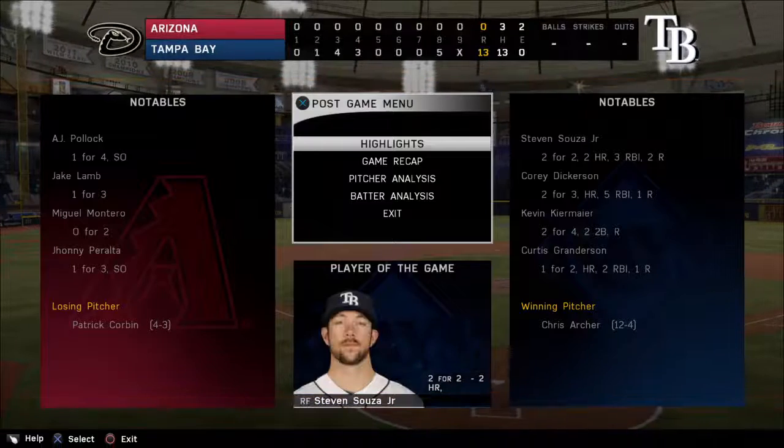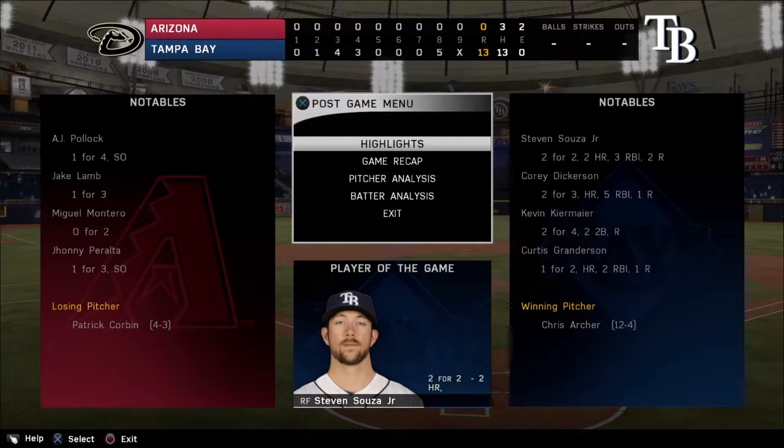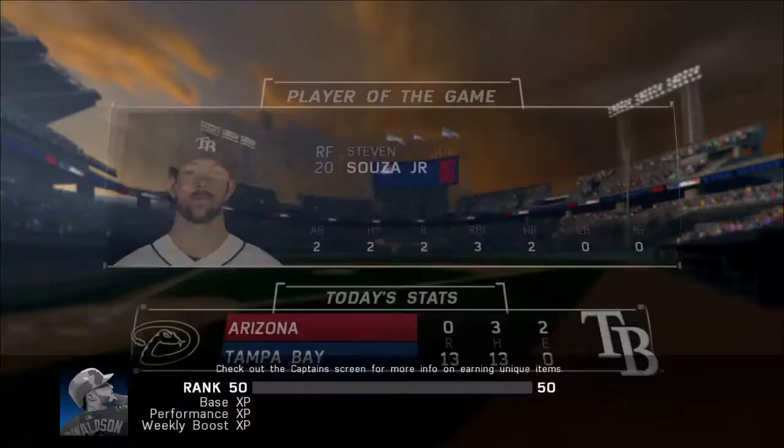Well, the bats were certainly working in this one, but out of everybody, I'd say this man most deserves to be our top player of the game. Yeah, he connected on